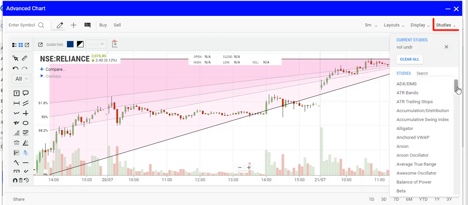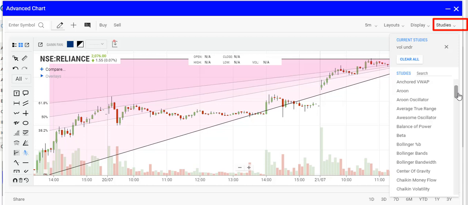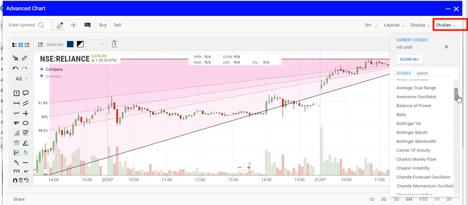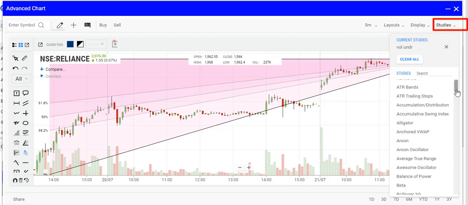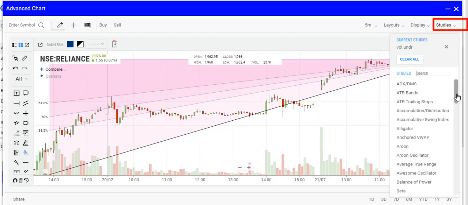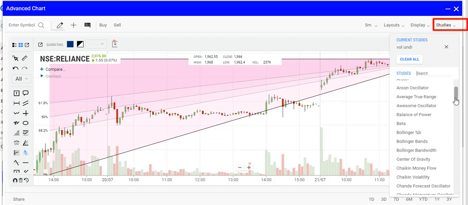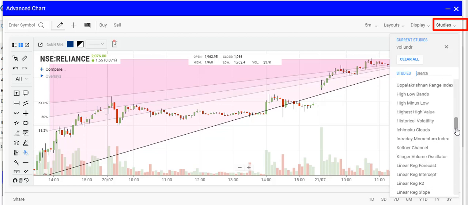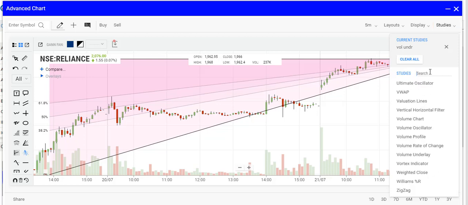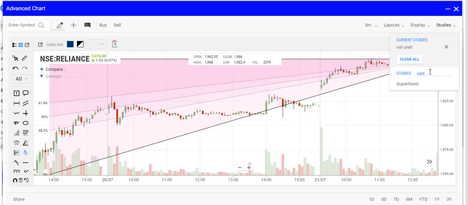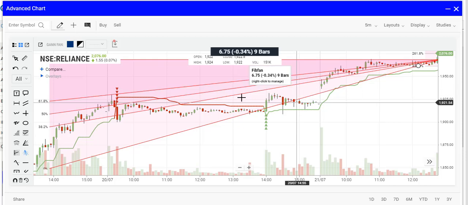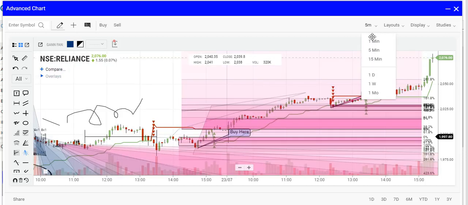In the section of studies, you will find plenty of indicators. Indicators derived from complex mathematical models and formulas are given here. You can also comment below if any desired one is missing. We have a team working on it. They will be adding it quickly. We have got ATR, ADX, Bollinger Bands, RSI, everything. Suppose we have to add Super Trend, which is also known as the money machine. We can enter here also. We can change the time frame to 1 day also.